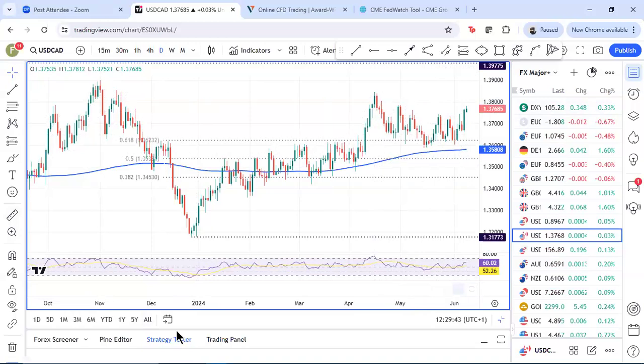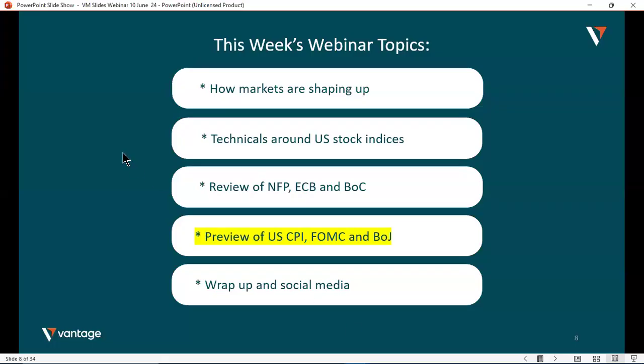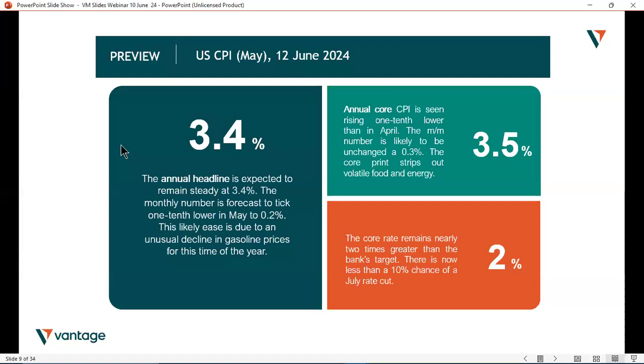Okay, this week, let's go to now, well, US CPI. We'll look at the Fed, of course, and the Bank of Canada. Here's a preview of the main numbers for the CPI data out on Wednesday, just before the Fed meeting. Headline expected to rise